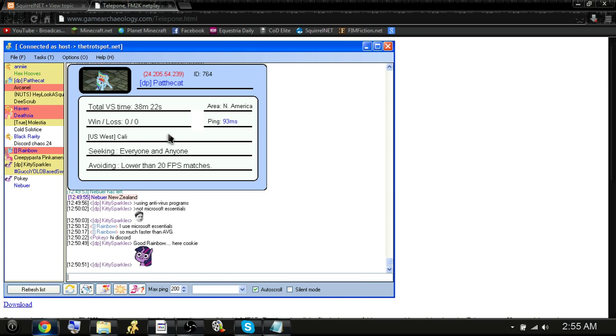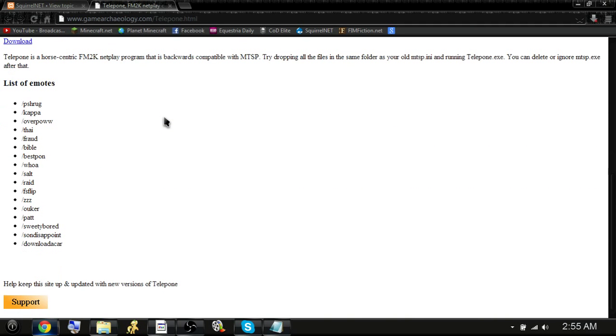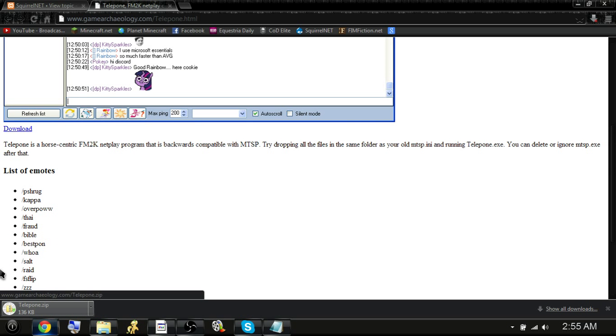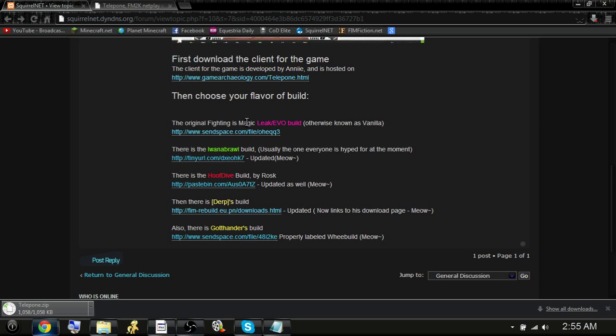Now, the Telephone client does look like this, and we'll see that later. So, there's a list of stuff here, and then somewhere around here there's a download button. Oh yeah, right here. Download. Click this. It'll download. Keep it. Okay. Is it going? Okay, yes, I think it's going. Okay, so while that's doing its magic,